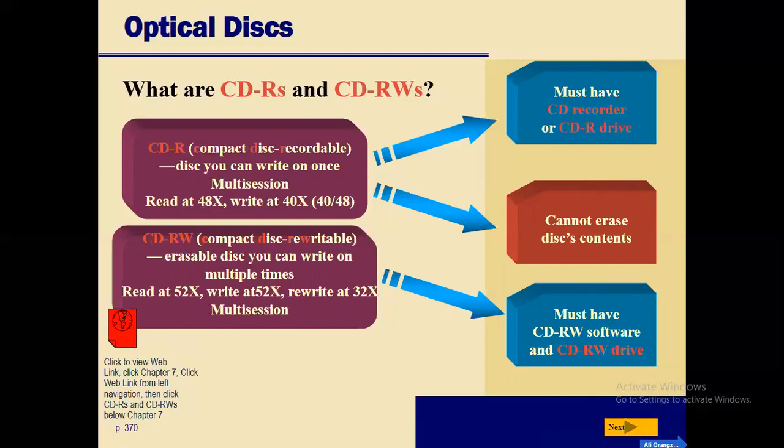Instead, the heat permanently changes the optical properties of the dye, changing the reflectivity of those areas using a low laser power, so as not to further alter the dye. The disk is read back in the same way as a CD-ROM. However, the reflected light is modulated not by pits. CDR allows the user to master a CD-ROM or audio CD for publishing.